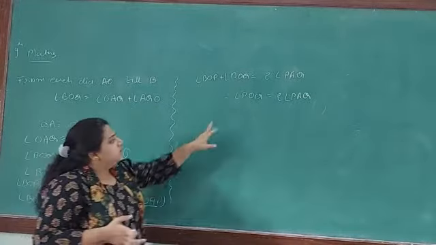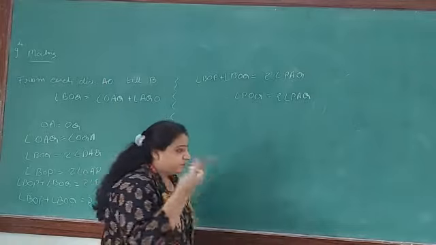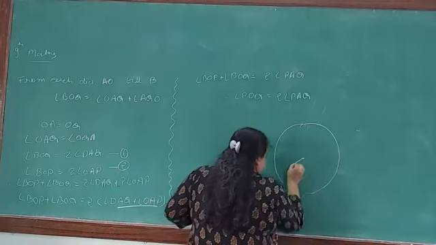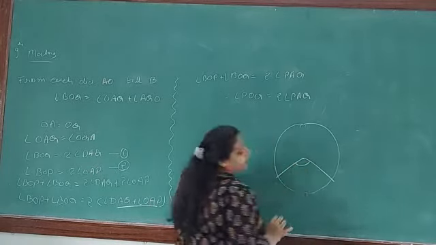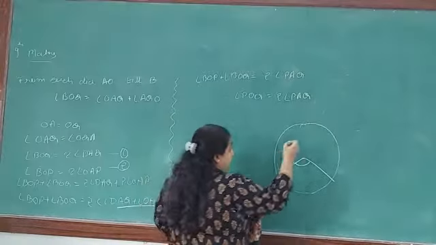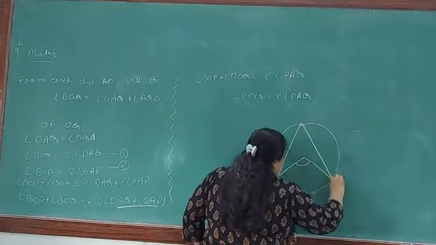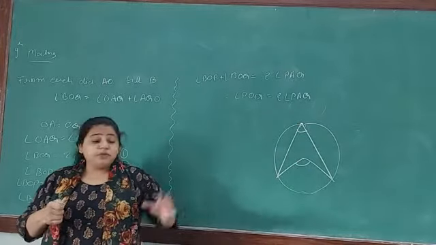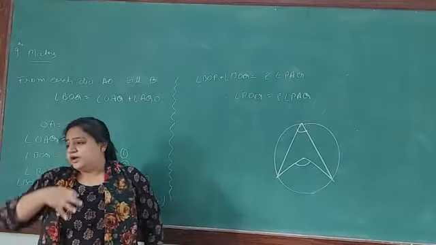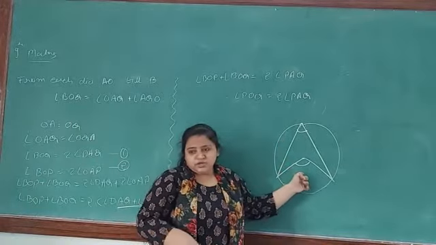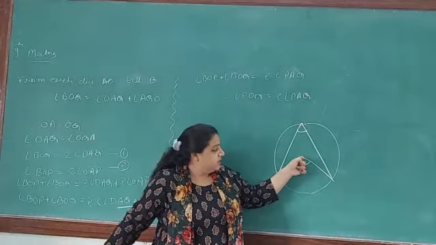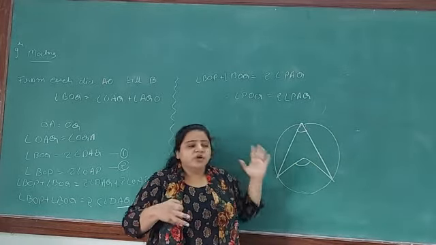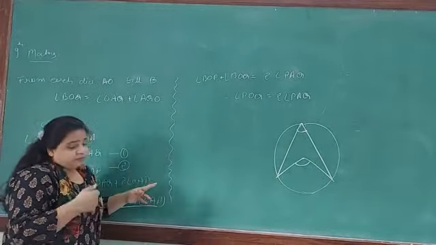So that's why we can see that when the circle is there, the angle formed by a chord at the center is always double the angle formed at the circle, whether from the radius of a circle or any point on the circle, right? I mean to say that we can prove that this angle is always double any other angle on the circle, right? So here is a very important theorem.